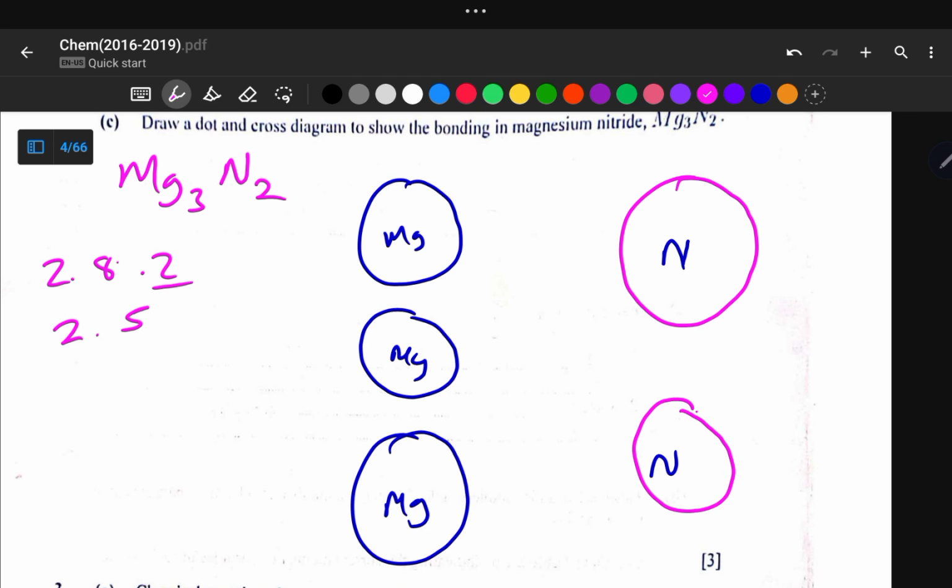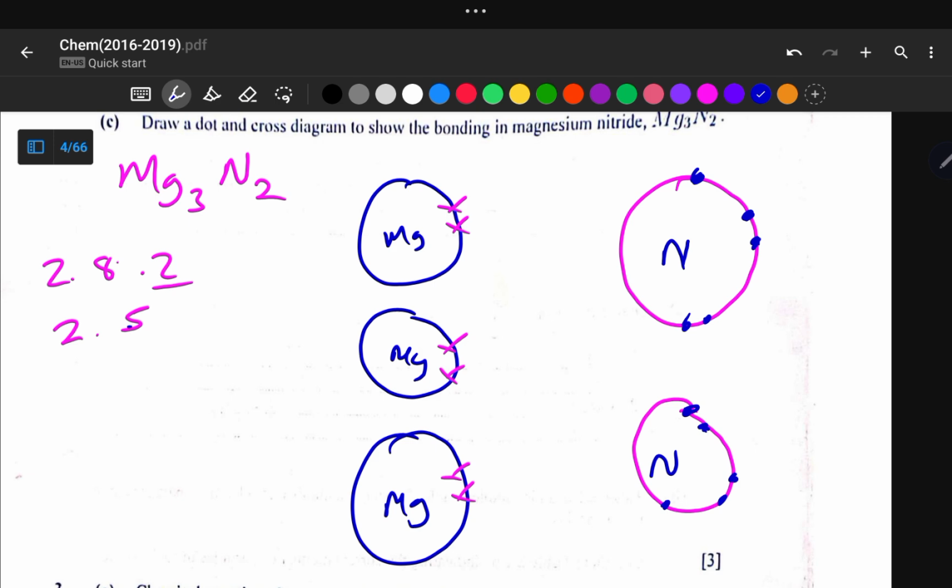So we have 2 electrons in the outermost shell for magnesium, and then 2 here, and then 2 here, and then 2 here, and then 2 here. And then for nitrogen we've got 1, 2, 3, 4, and then 5, right? This is the 5 here, and then 1, 2, 3, 4, and then 5. So the electrons are transferred from